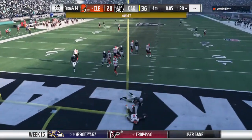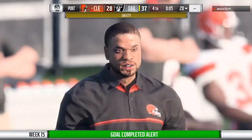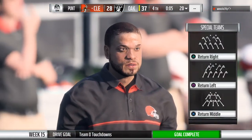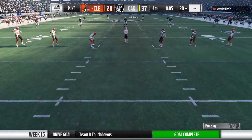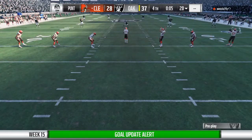And this turns into disaster. He's not going to get forward progress. That'll be a safety. What a gut punch. That should be the nail in the coffin with those 2 points, making this a 2-score game now with time,